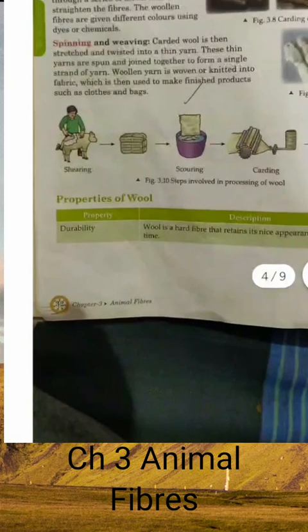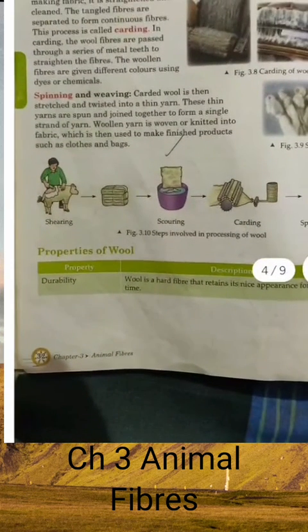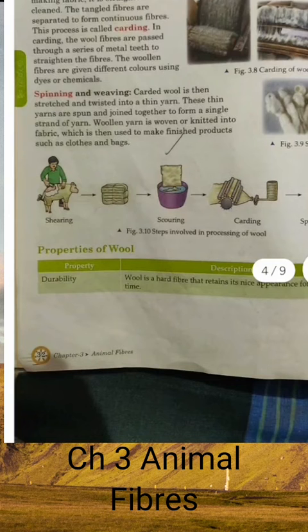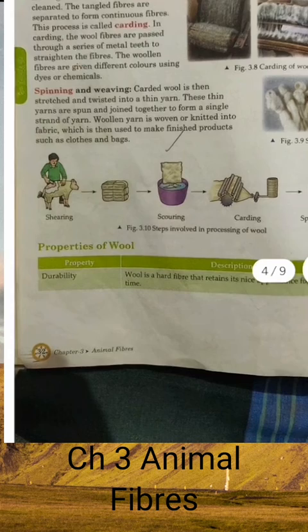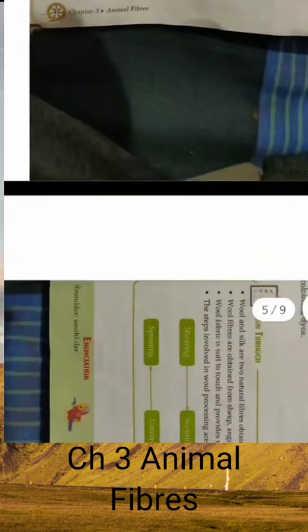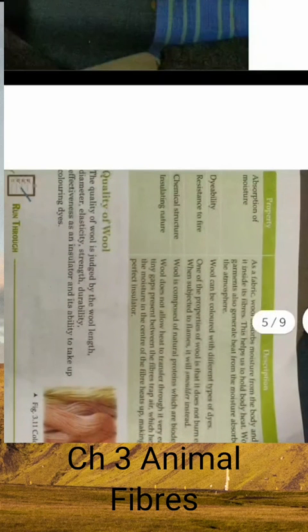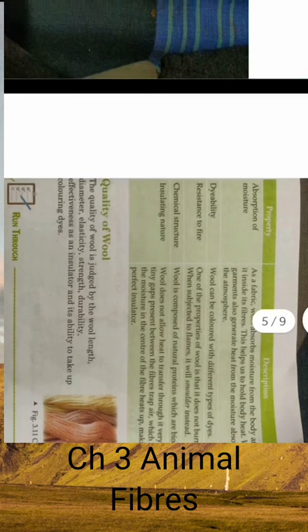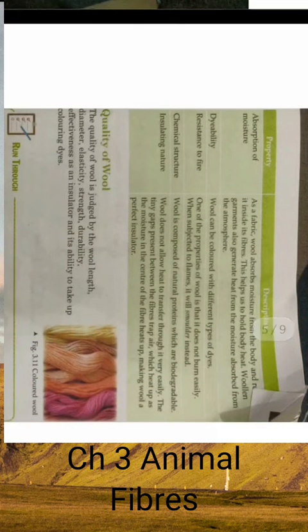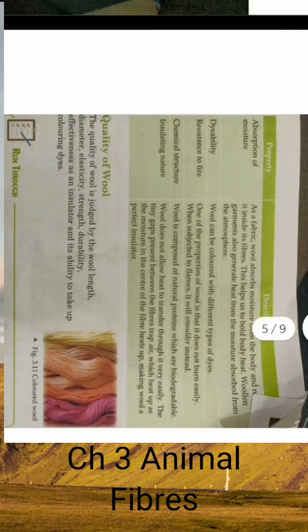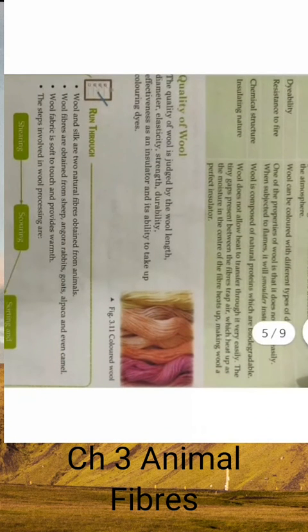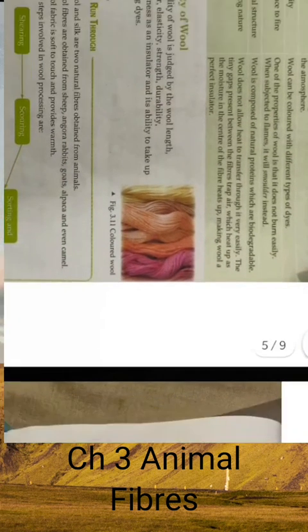Okay, and wool is also easily dyeable. Dyeable basically means, you would have seen your mother or grandmother or any person going to the market to buy woolen clothes, and they will be of specific different colors. That means wool can be easily dyed. Now if you see, the quality of wool is that it is very highly elastic, has good strength, and is very good as far as durability is concerned. So these were the basic ideas that we got about wool.